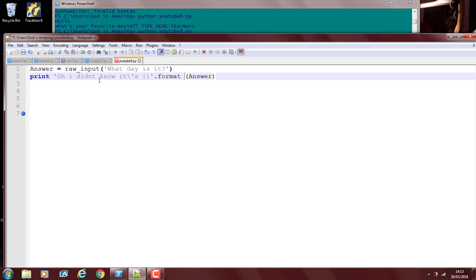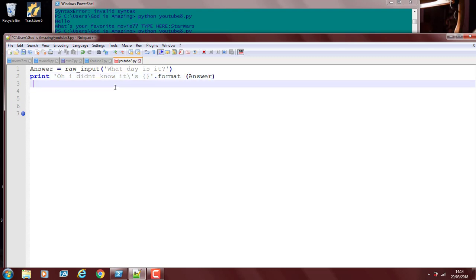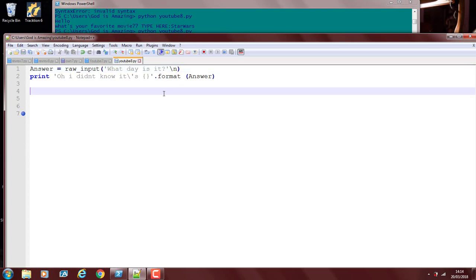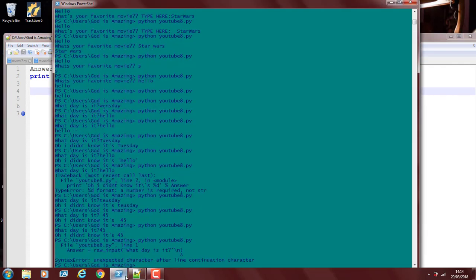And also, since we're not doing this on 2 lines and we just condensed everything into one, if you want the little cursor thing to be on a new line, you just do an escape sequence for a new line. So since that's out, the colors help a lot. See how it's not gray like the other one? So that's probably not going to work. Yeah, see, unexpected character after line continuation character right there.